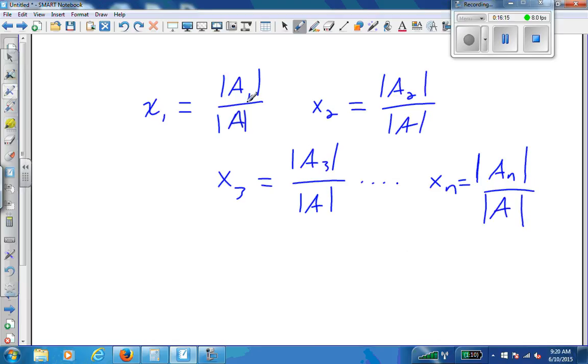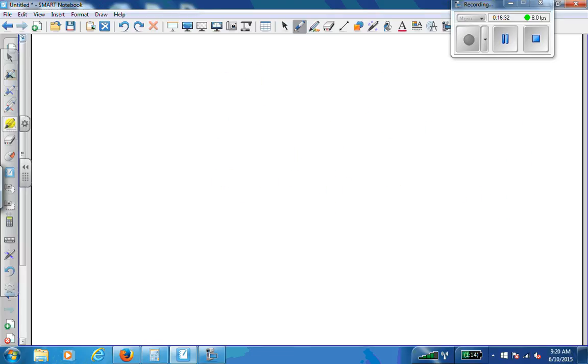And remember, each A1, A2, A3, those come by leaving all columns except the nth column and replacing the nth column with the right side of the equation, the constants. So that's Cramer's rule. The other applications in this section deal with geometry. And it turns out if we want to find the area of a triangle